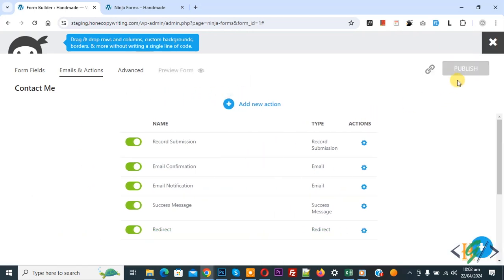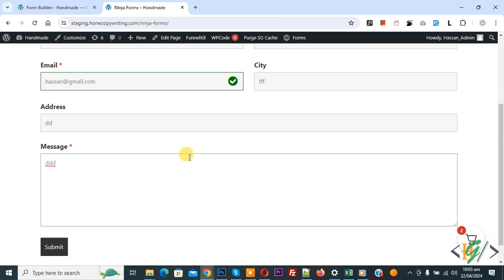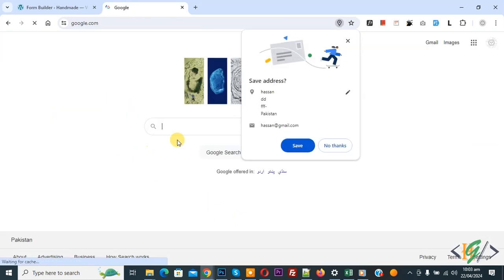Now publish done, go to Ninja form, refresh the page. So we are going to fill this form. So we added some information and then click on submit. Now processing and then you see success message and redirect to google.com after form